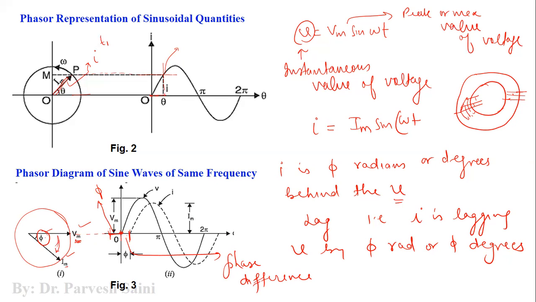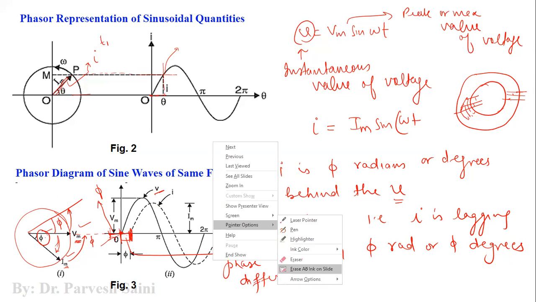Otherwise we can also say that if the voltage rotates and moves 5 degrees anti-clockwise, then this current will come to the zero position, right? This means that the zero of this current will start 5 degrees after the zero of voltage. If the zero of voltage has started from here, the zero of current will start 5 degrees later. Okay, so